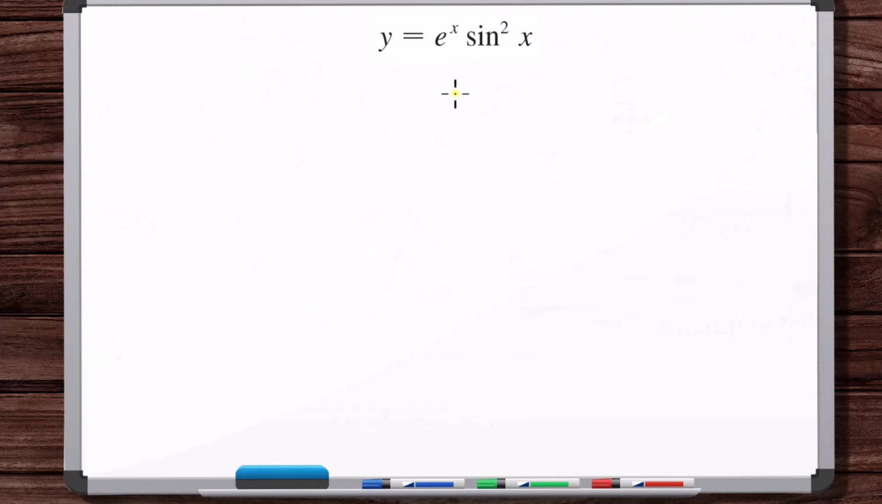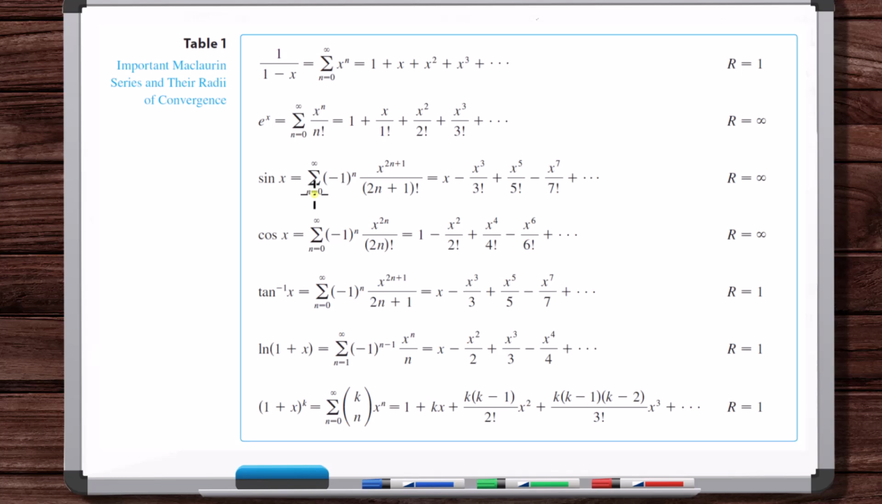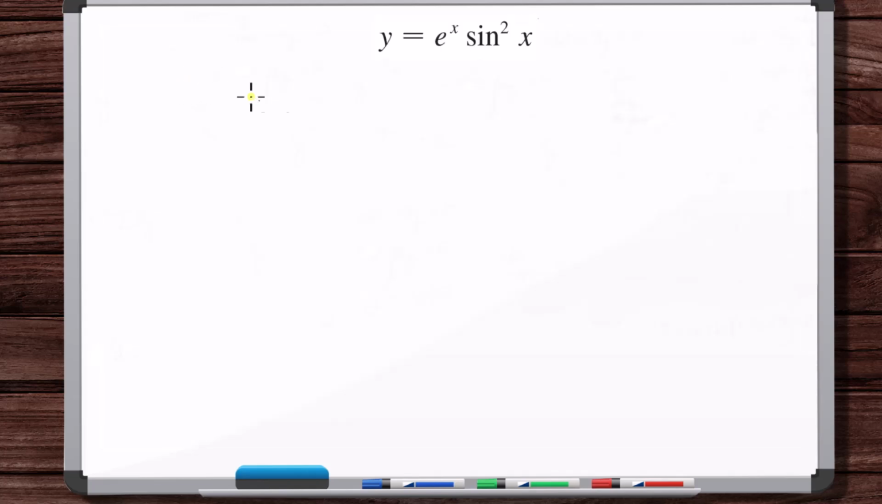Okay, so here we're actually going to do 2 multiplications. So let's first do sine squared of x. So sine of x is the sum from n equals 0 to infinity of minus 1 to the n, x to the 2n plus 1 over 2n plus 1 factorial. So, okay, sine squared of x is equal to the sum from n equals 0 to infinity of minus 1 to the n, x to the 2n plus 1 over 2n plus 1 factorial, okay, times,